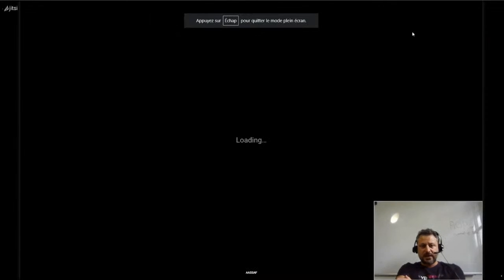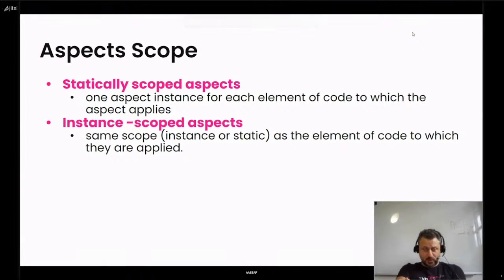So let me continue. There is another notion, which is the aspect scope. In fact, during execution the aspect will be a normal .NET object, and an aspect can also have an internal state. There is an aspect which is statically scoped, and another which is instance scoped.